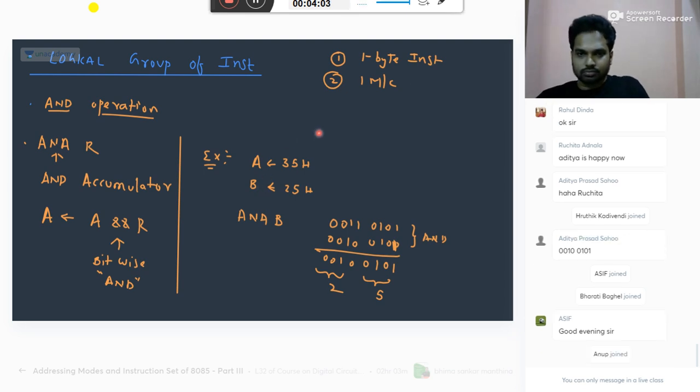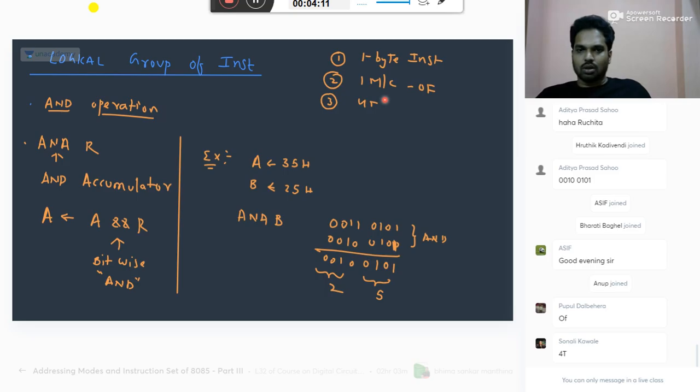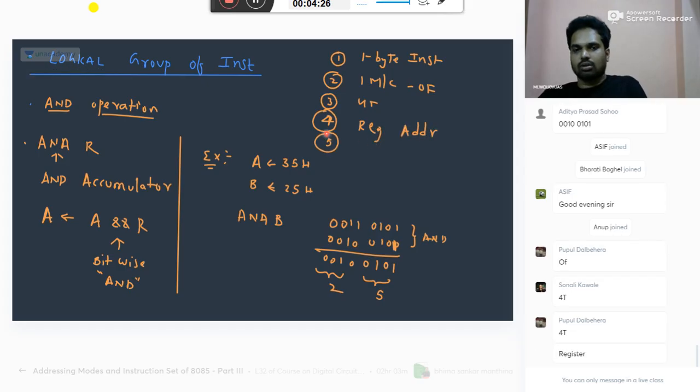Opcode fetch only, 4 T states. What is the addressing mode here? Register addressing mode. And all flags are affected,